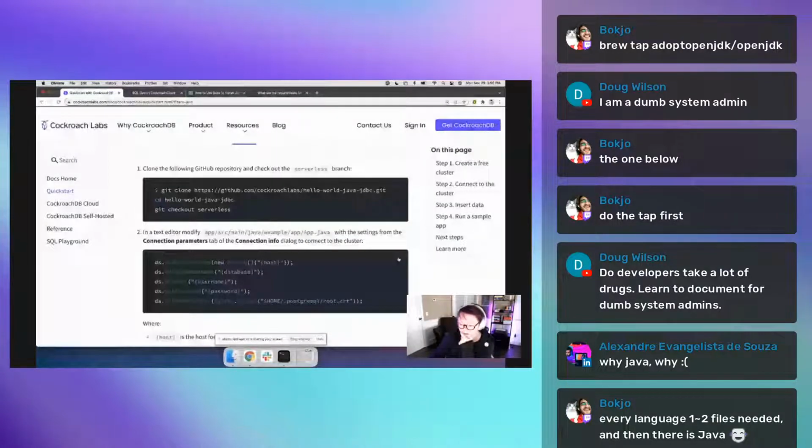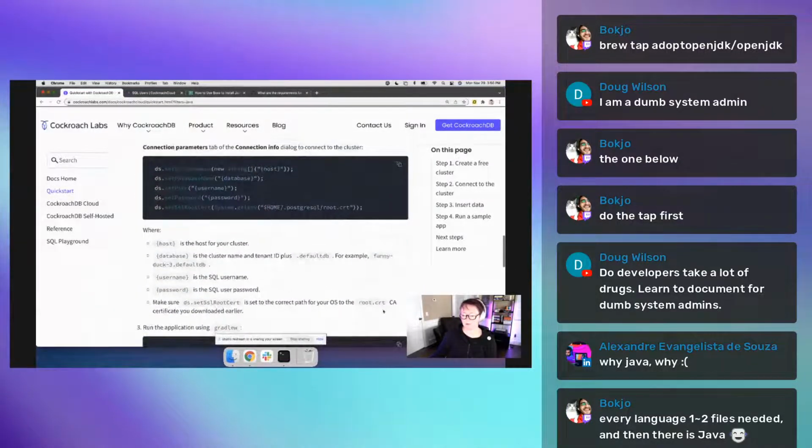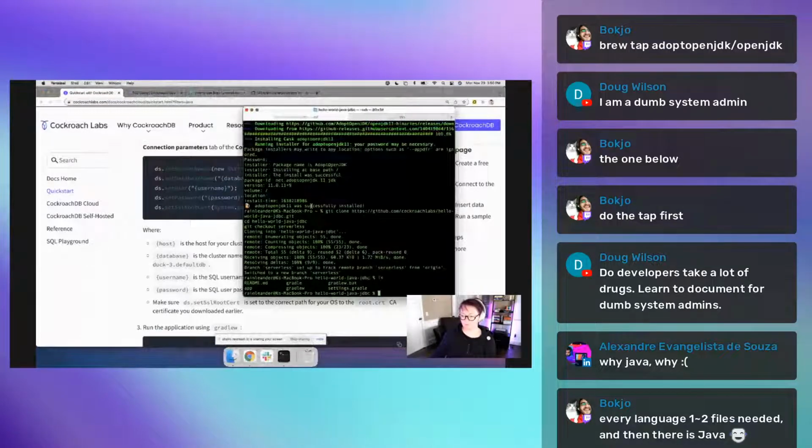In a text editor, modify this file with the settings from the connection parameters of the connection info dialog to connect to the server. Okay. And I will show you how to do this. Okay. So,